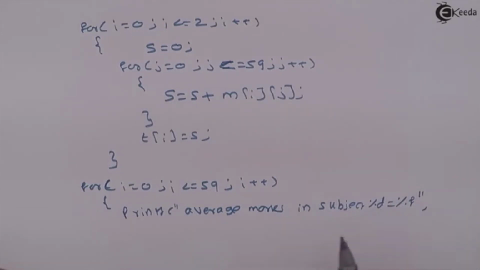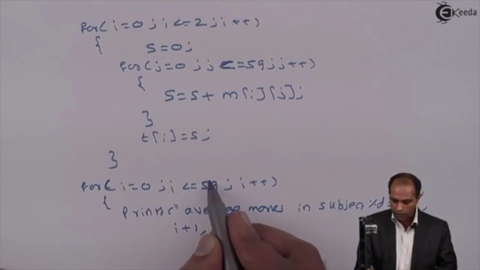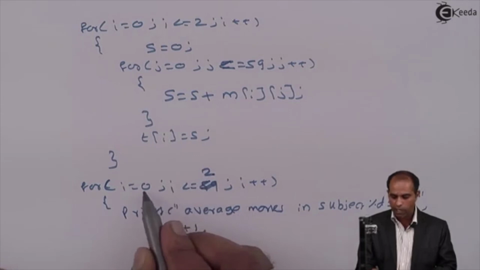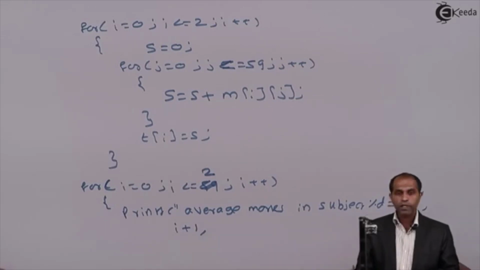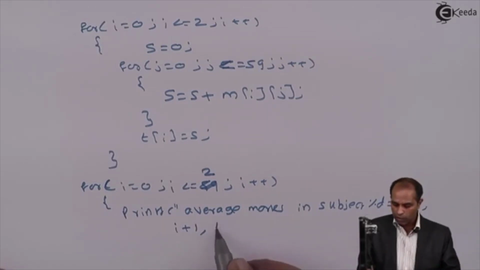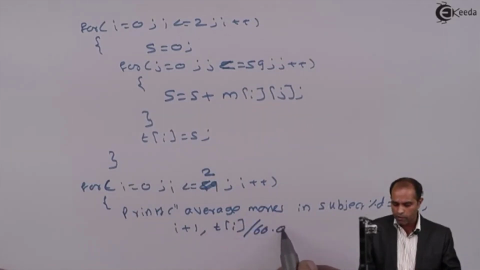Now at this %d, I'm supposed to say i plus 1, because when i is 0, sorry, this has to be for only 3 subjects since i equals 0 to 2. So when i plus 1, it is 0 plus 1 is 1. How do I find this particular total? Total is t[i], that is t[0], divided by 60.0. So i plus 1, subject 1, t[0] by 60.0 will get you the average marks